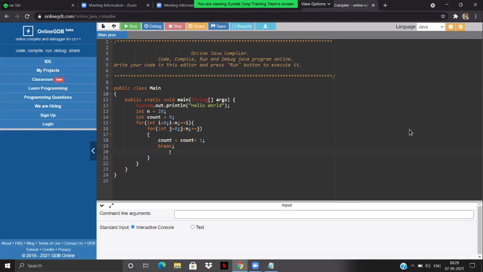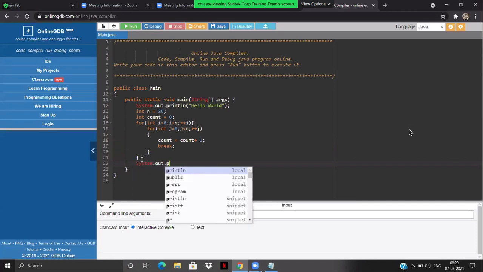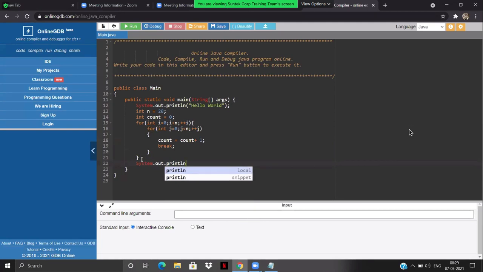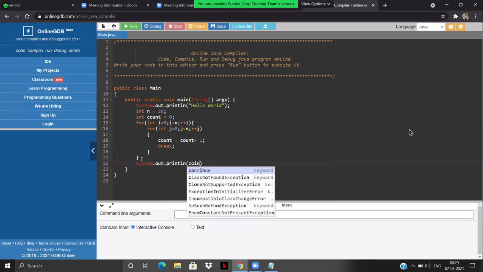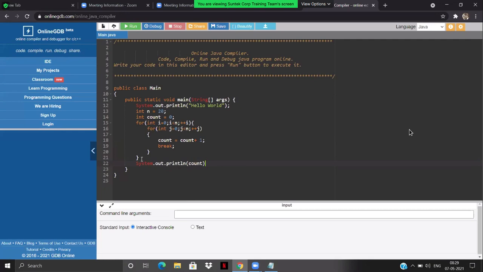Can anyone guess what could be the answer for this one? Let me just write a print statement as well. Can anyone tell me what should be the answer for this one?